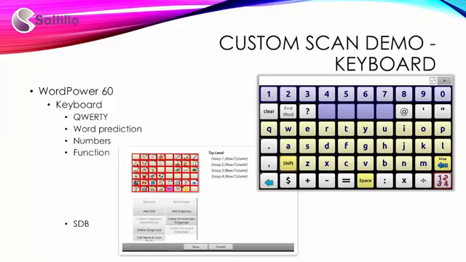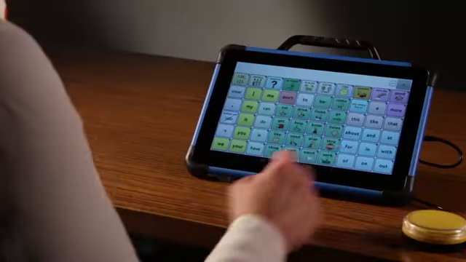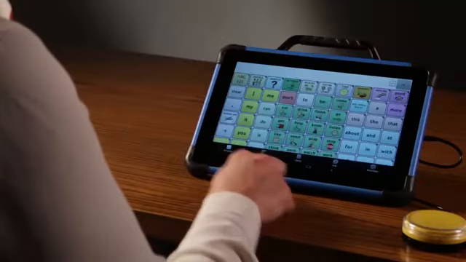As I view the keyboard, I visualize the scan areas. I will break the keyboard page into 4 groups: the QWERTY letters, the numbers, word prediction, and function keys. I will also create an option order for the speech display bar. Tap Menu, Edit Mode,